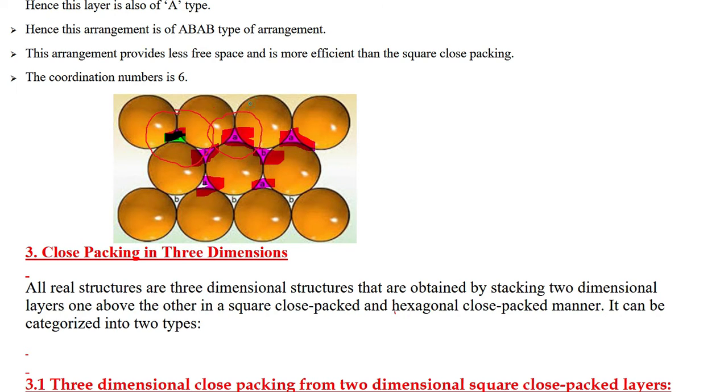Over these three spheres, 1, 2 and 3, there is one more sphere of the second layer. So 3 spheres belong to the first layer and one above them belongs to the second layer. So we are placing the second layer just above the triangular voids of the first layer.